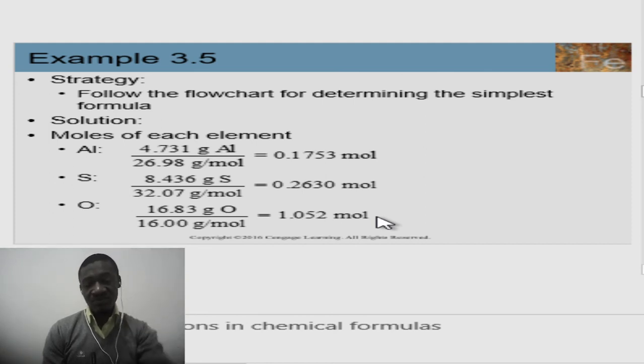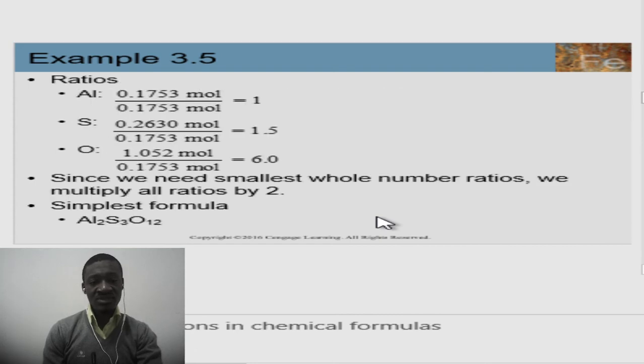And this is how we figure it out. Then notice that once you do that, you have 1 aluminium, 1.5 sulfur, and 6 oxygen. Very carefully look that you have a fraction, not a whole number. So what do we do? We multiply by 2, because if you multiply 1.5 by 2, you have 3. So multiplying by 2, you have 2 of aluminium, 3 of sulfur, and 12 of